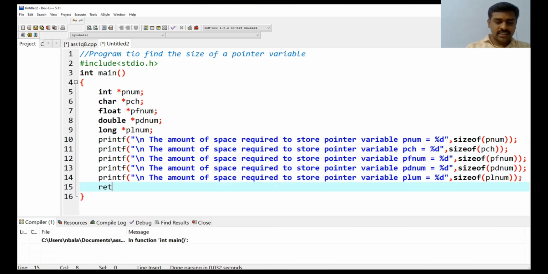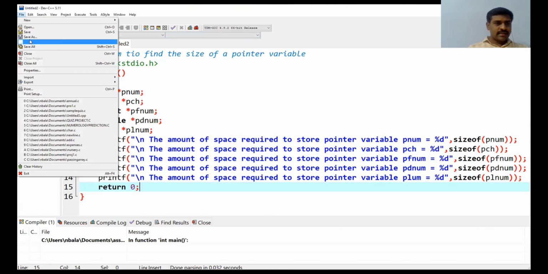Then we have to write return 0. Why do we have to return 0? Because here my main is int main, so my function data type is integer. It is expecting to return an integer value. That's why I am writing integer 0 here. Now I am saving the program. File, save as.